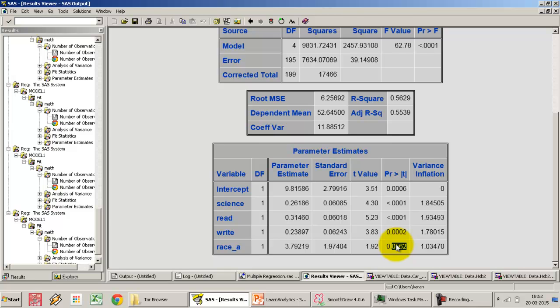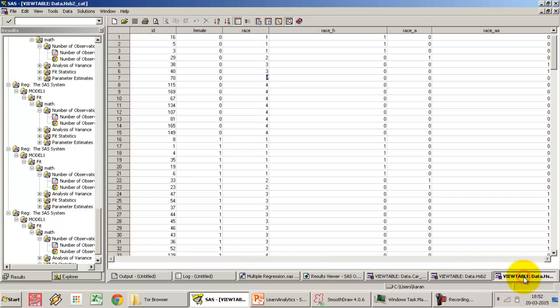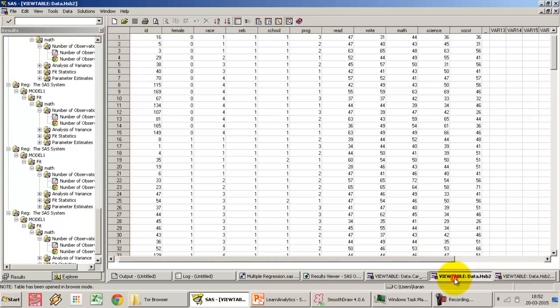While we've tried to bring in race, and we've demonstrated in this video how you can create one hot encoding or binary coding, in this particular example the categorical variable did not seem to help us too much. But we've got a lot of other categories in our data set. So if I look at my data set,